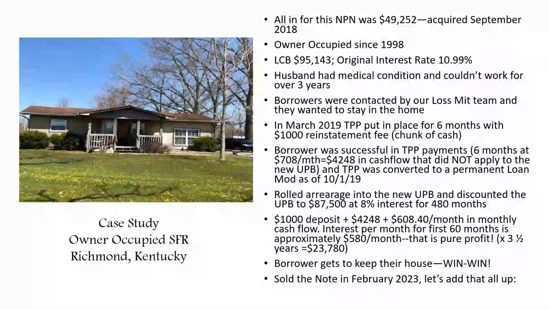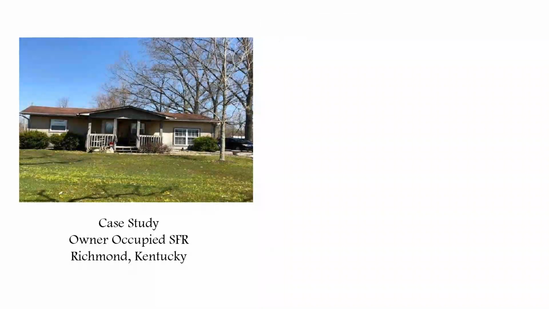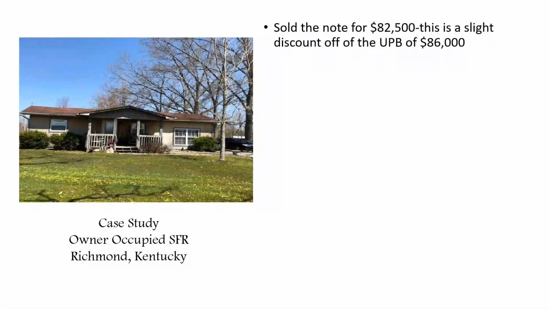We ended up selling this note in February of 2023. So let's add all that up. Sold the note for $82,500, which was a slight discount off the UPB of $86,000. That's where the borrower had paid it down over the course of 3.5 years. They only paid $1,500 to principal. That's why I said it's good to be the bank and refi the loan, right? They barely touched the principal. It was all interest. The net on the note sale was about